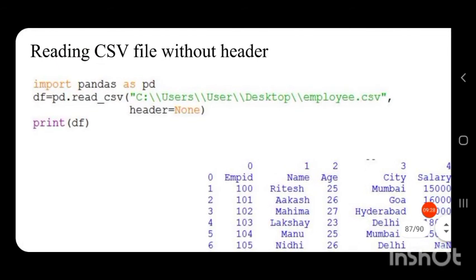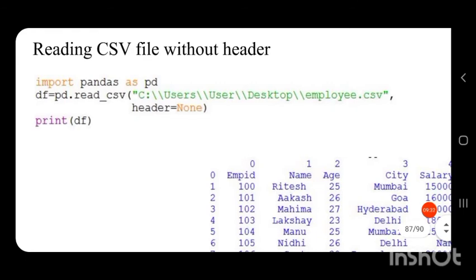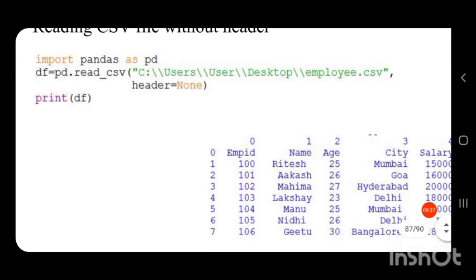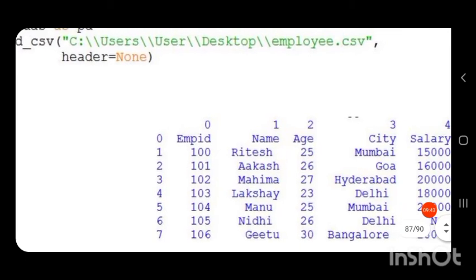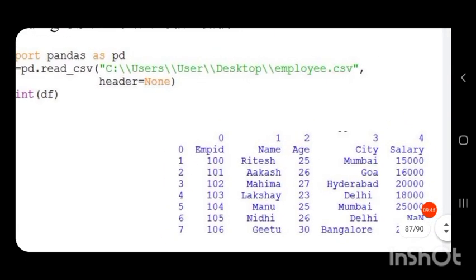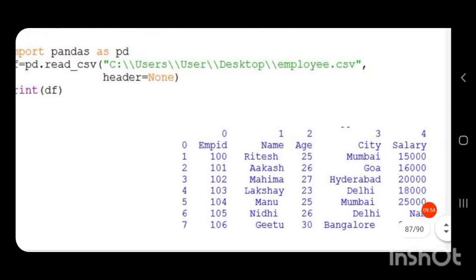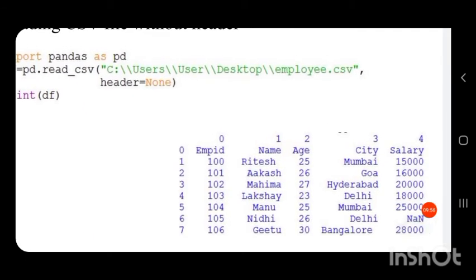So here we have introduced a new attribute called header. When we set header equal to None, the header of the CSV file will be considered as a row and columns will have their own index values, and the column header will be replaced with index values.